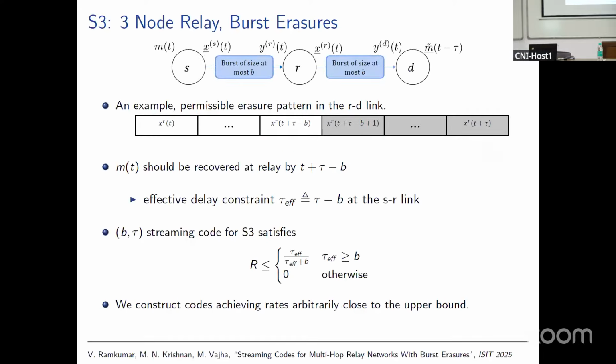So far we have discussed a setting where there was a single link, a source and a destination, and the channel could introduce both bursts or arbitrary erasures at places. And we wanted to recover each packet with a strict decoding delay constraint of tau. So now I'm going to extend that point-to-point setting to a relay-based setting where